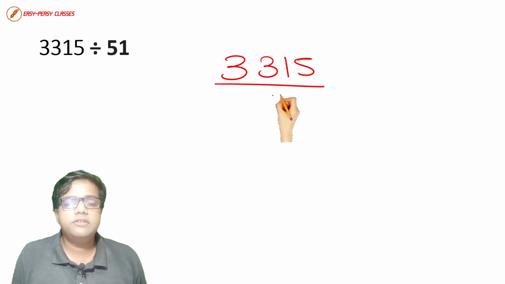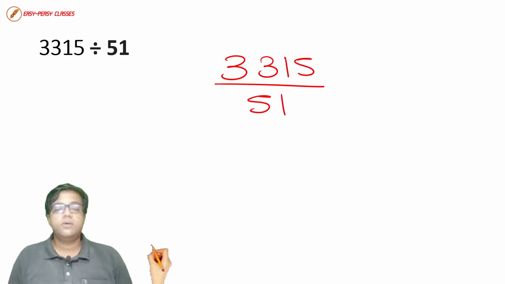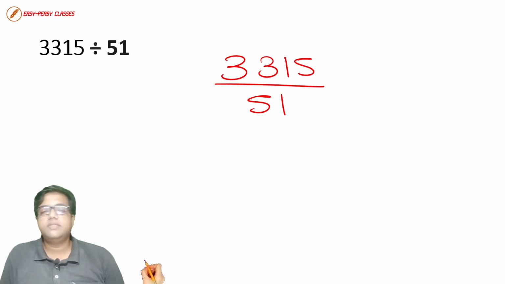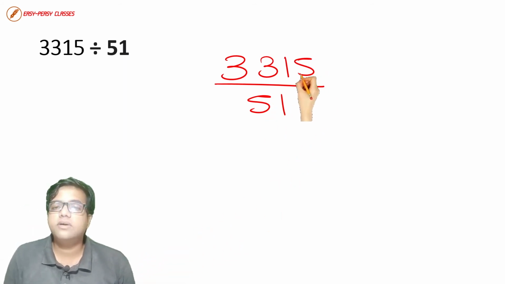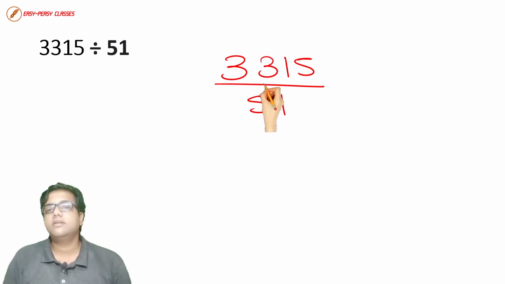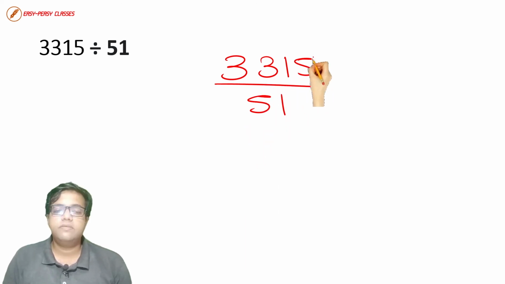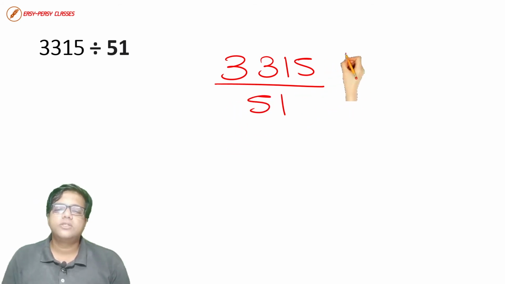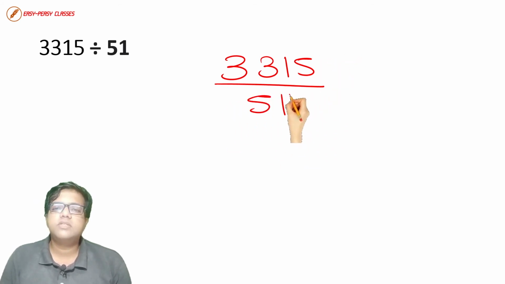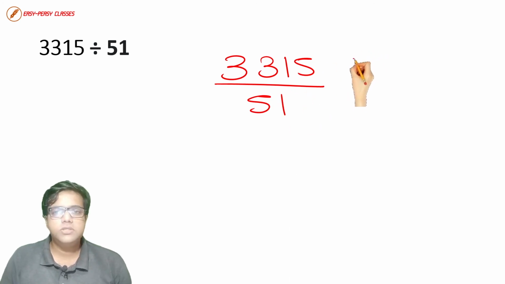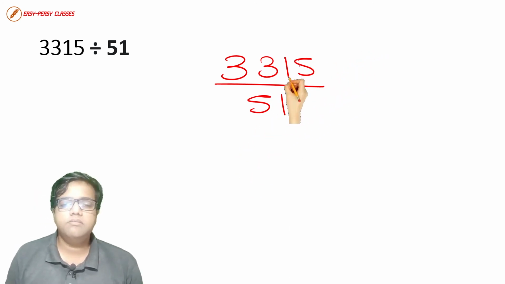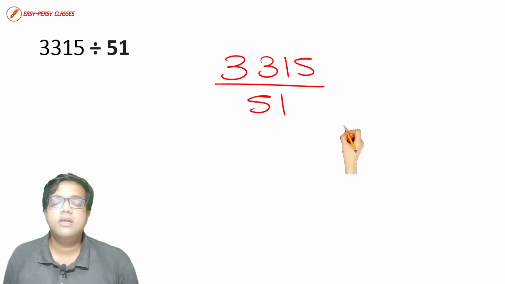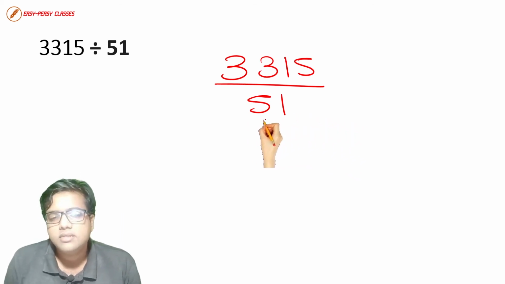Let's move ahead. 3315 divided by 51. So how to do it now? Just go through the divisibility rules. Is the last number an even number? No. So 2, 4 and 8 won't come here. We can't divide both the numbers with the help of 2, 4 and 8 because you can only divide with them when the numbers are even, and other rules should apply respectively. But both the numbers are odd. Let's go for the divisibility rule by 3. What is the divisibility rule by 3? The sum of the digits.